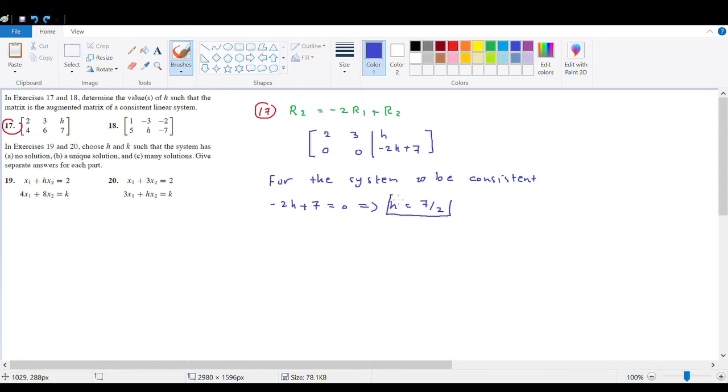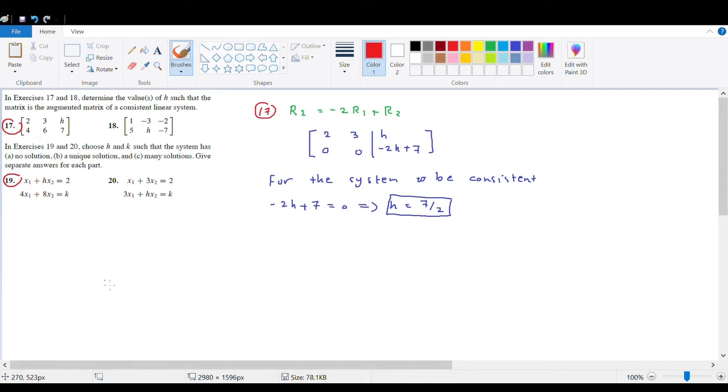Now for number 19, in exercises 19 and 20, choose h and k such that the system has A, no solution, B, unique solution, C, many solutions. Give a separate answer for each part. So now we have a matrix. We need to solve this augmented matrix, or we need to rewrite it in reduced echelon form or in echelon form. Then we have to choose a value for h and k that makes the first case